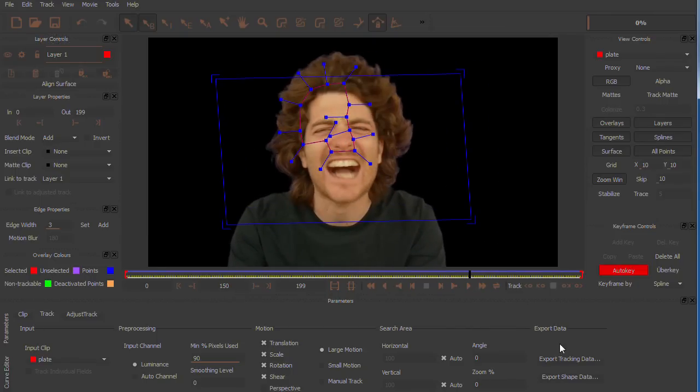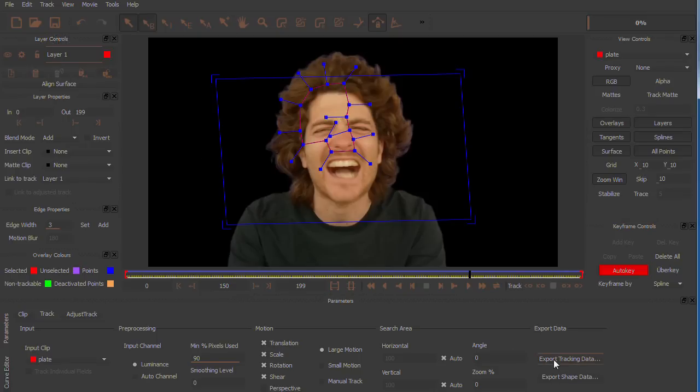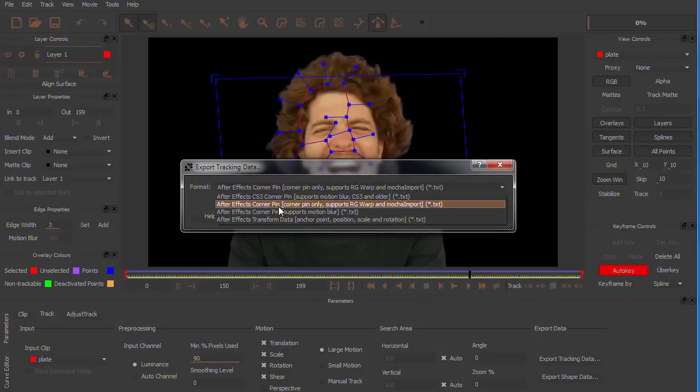Okay, so now we go to export tracking data. For this you have to make sure that you have enabled your layer here. If I deselect the layer, then you can see you cannot export anything. So you have to click here on the layer and then on export tracking data. And the format that we want to export is this After Effects corner pin, for which it is written that it supports Mocha import. Yeah, we want to use the mamoworld tool Mocha import, so you need to choose this